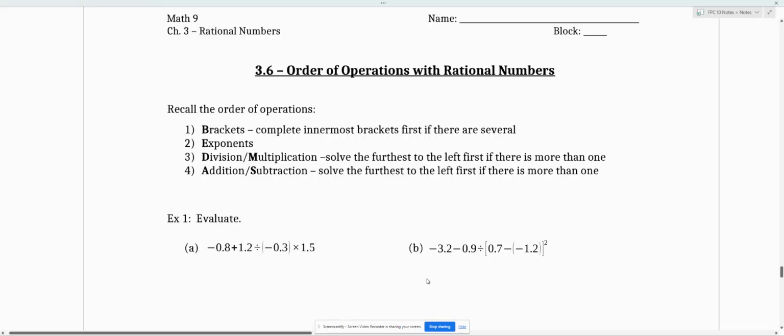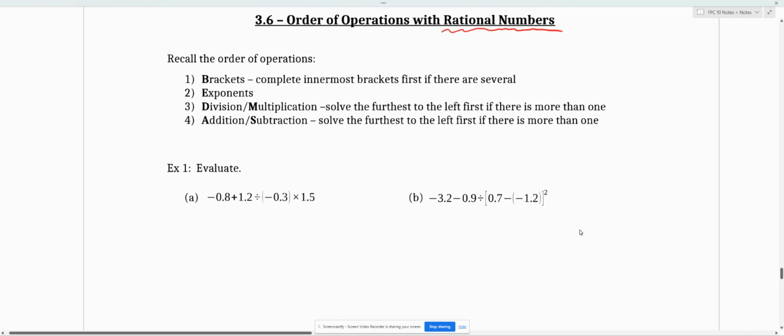Mr. Tronis here. We're going to do our final lesson. There is nothing new in this lesson. It's just using order of operations while dealing with rational numbers, aka fractions and decimals. And we got a couple easy shortcuts here in these first two examples, but just to remember, here is your